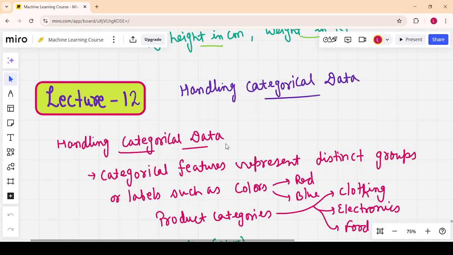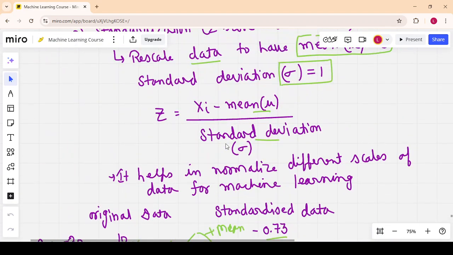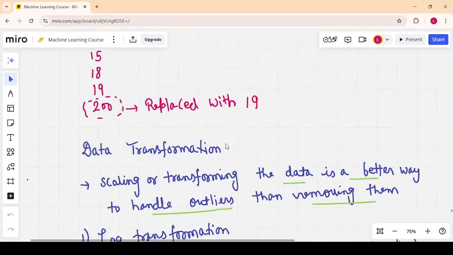In the previous lecture, I discussed what an outlier is and how to handle them. I also discussed how to transform the data. So let's recap in a few minutes. Outliers are those values